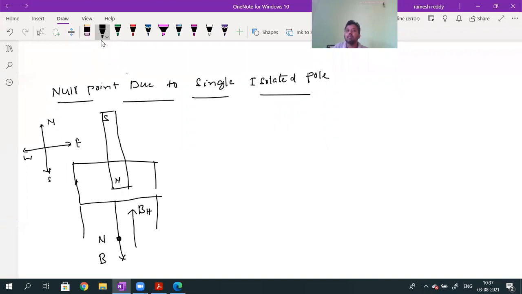At this null point, the resultant magnetic field is the sum of BH and B. Since BH and B are in opposite directions, their resultant value will be equal to 0. When the resultant is 0, B will be equal to BH. What is the meaning of a null point? A point is called a null point whenever the magnetic fields superimposing in this space are equal in magnitude and opposite in direction. At each and every point, I cannot get the null point. A null point will be obtained only when